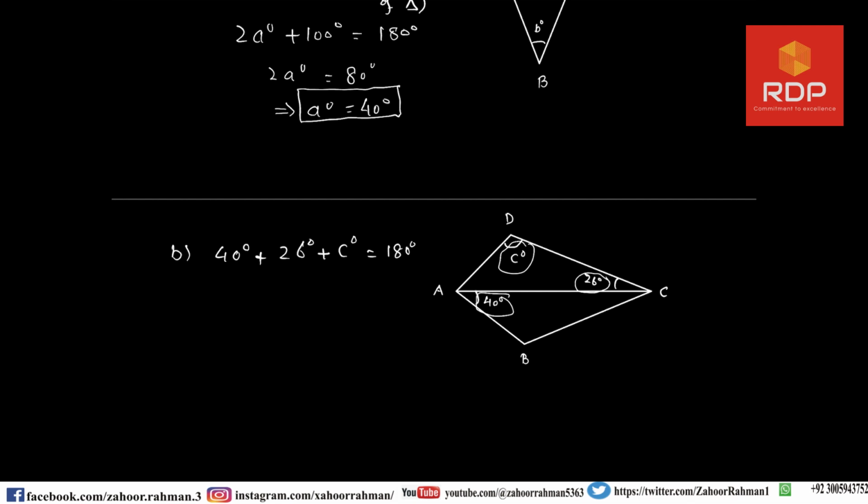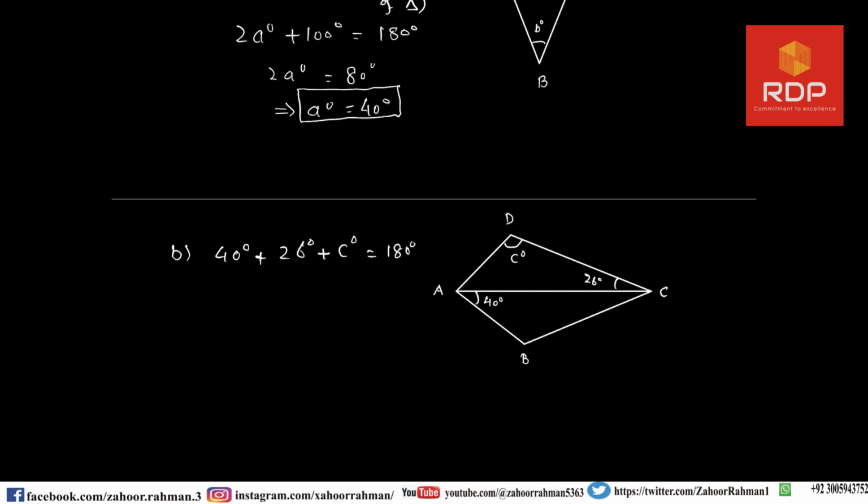But you will ask the question that this 40 is in another triangle. So I told you that this is bisecting the kite into two equal parts. So this will also be equal to 40. If that is equal to 40, then this one will also be equal to 40 degree, because we know from the properties